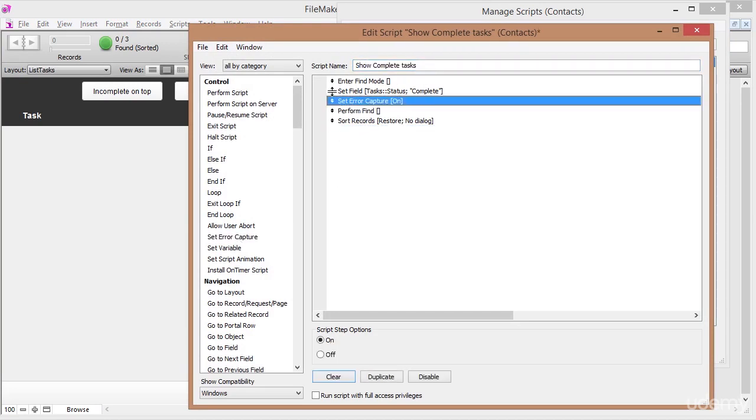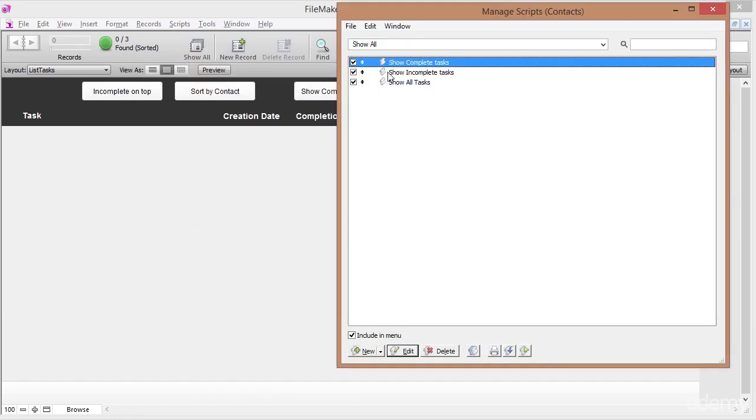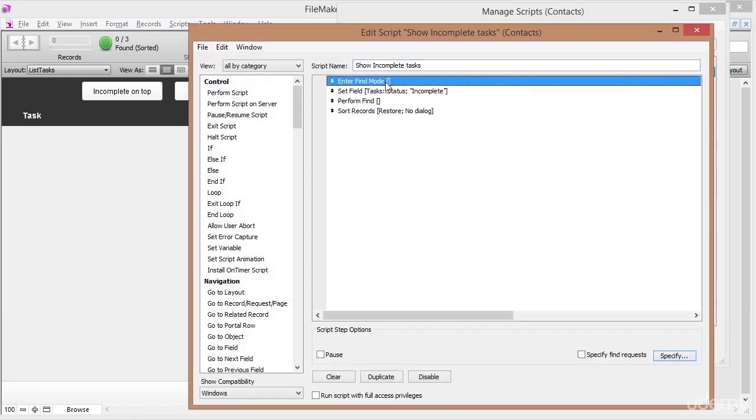Let's add it up top, and what that does is it's going to capture these kinds of error messages that FileMaker could throw up, because your user, if he sees that, he might get a little scared, he might go and get on the phone with you, something weird is going on, and you don't really want to have to deal with that. So let's use this set error capture on. I'm going to copy this one, Control C, I'm going to close and save this one, and I'm going to set this error capture in every single